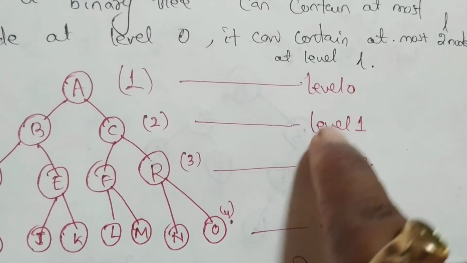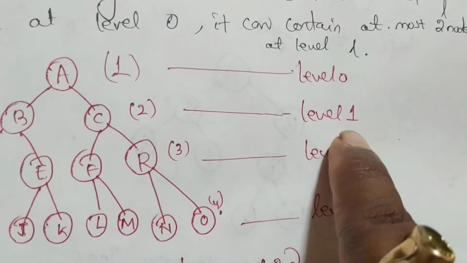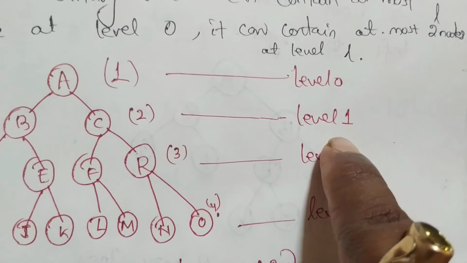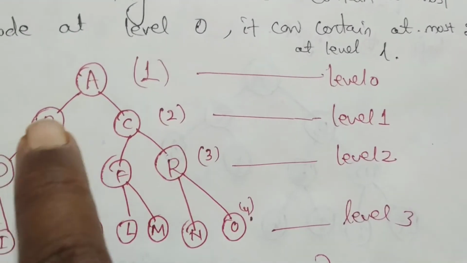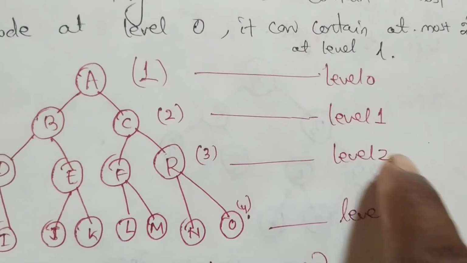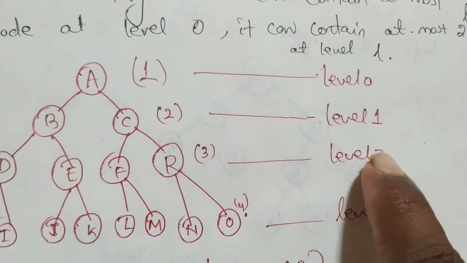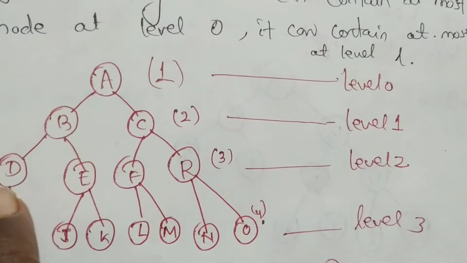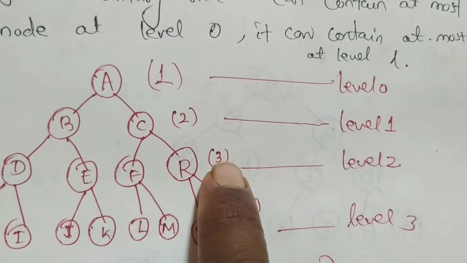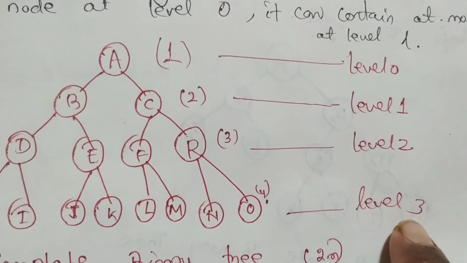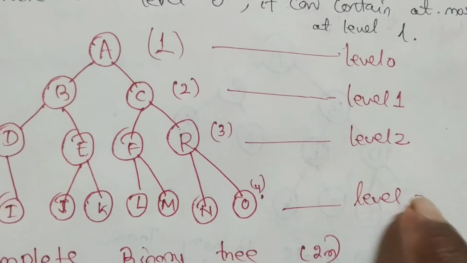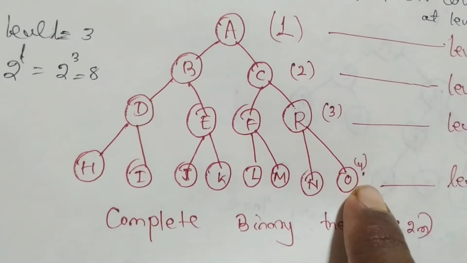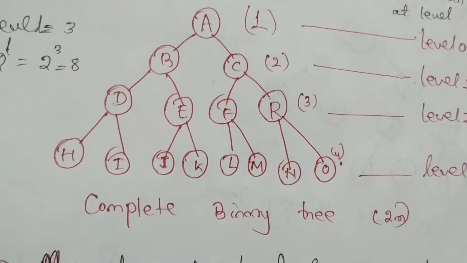power L. Okay, now here you see this is label 1. So if we put this formula 2 to the power 1, how many nodes are there? 2 to the power 1 is 2. So here you see there are 2 nodes. Then at this label, if we apply the formula 2 to the power 2, 2 to the power 2 is 4. So here you can see 4 nodes are there. Then here label 3. Okay, so 2 to the power 3 is 8. So you can see 8 nodes are there. So according to this the nodes are arranged.